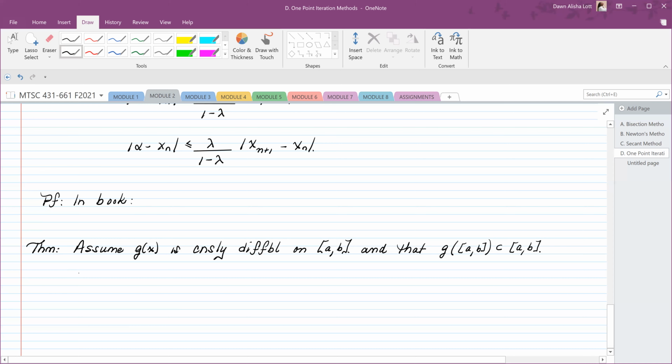And so we got three things here. One, G is continuously differentiable. Two, G takes an interval back into itself, and that